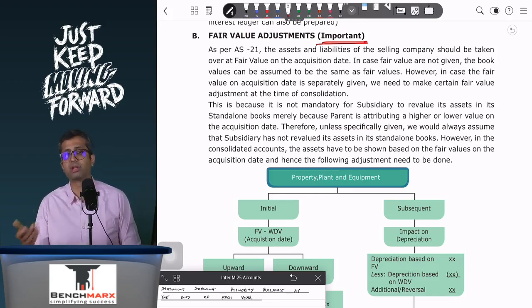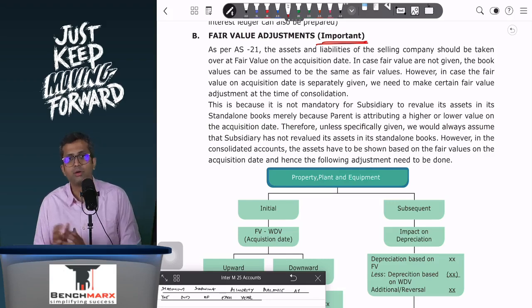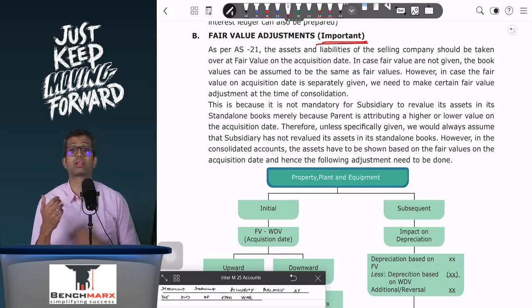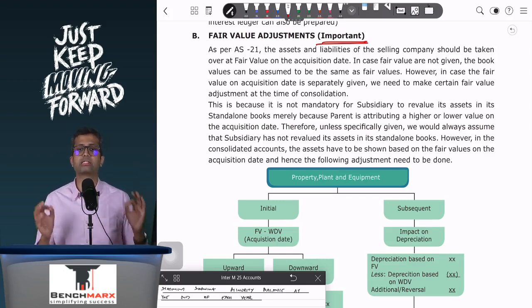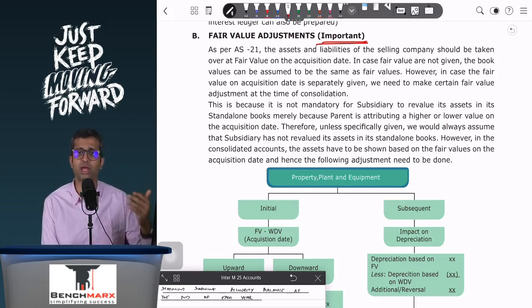And as a result, I will recognize the land at 500, in which case my investment with my share of net assets or net worth will be worth, for example, 500 and 500, and hence there will be no goodwill. So I will have to take over in my consolidated accounts the assets and liabilities at fair value. However, the problem is the subsidiary in its own individual records would not have shown these assets and liabilities at its fair values. In fact, the subsidiary would have shown these assets and liabilities at its respective